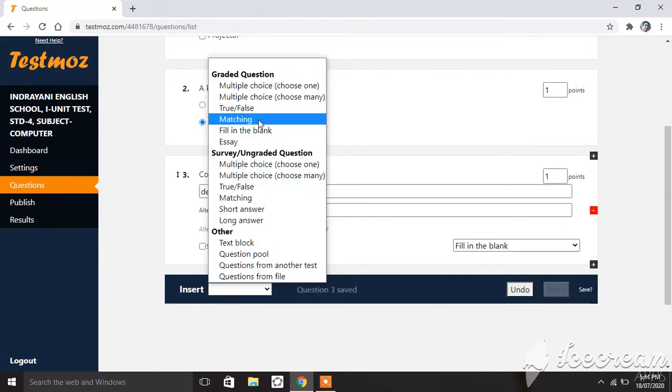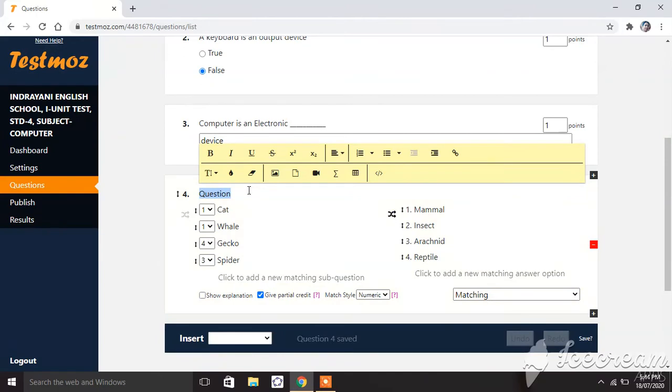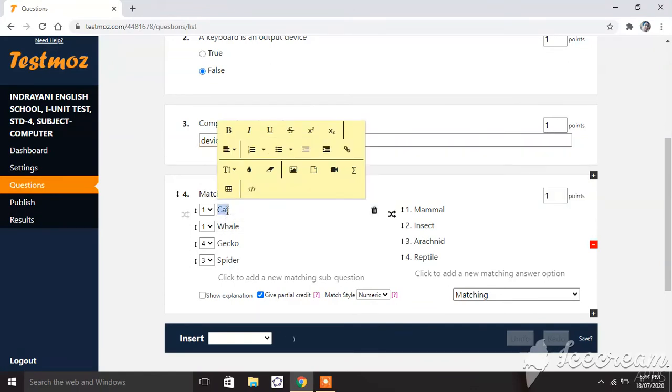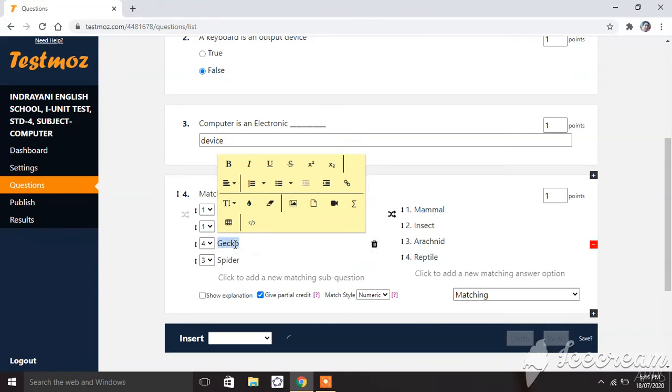Then next one, match. Match the following. First one, keyboard. Second, monitor. Hard disk.